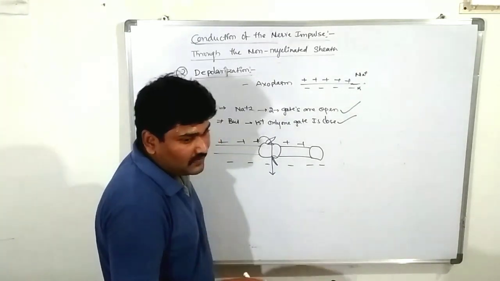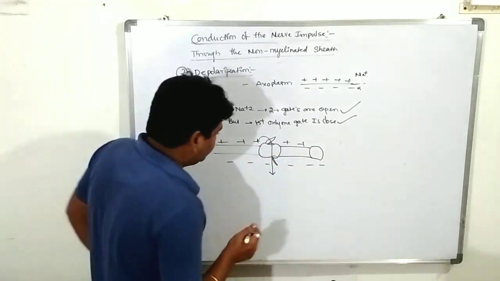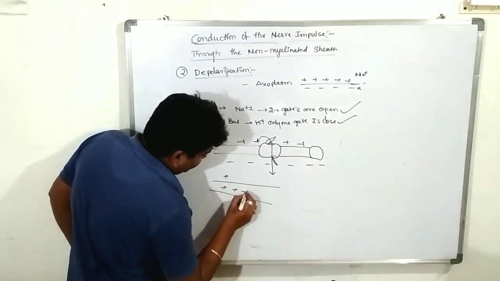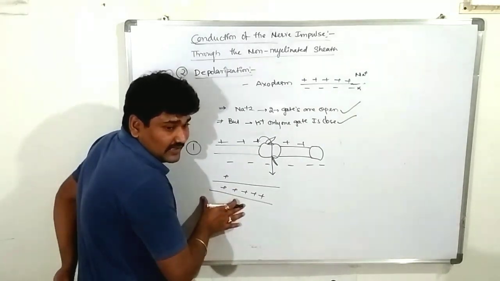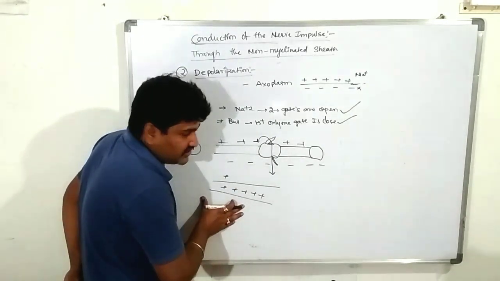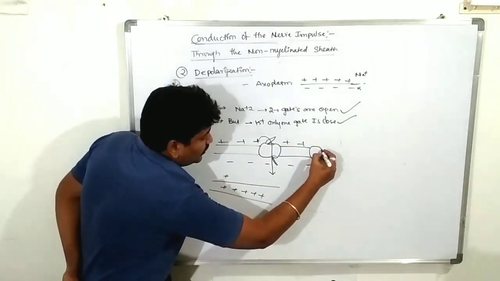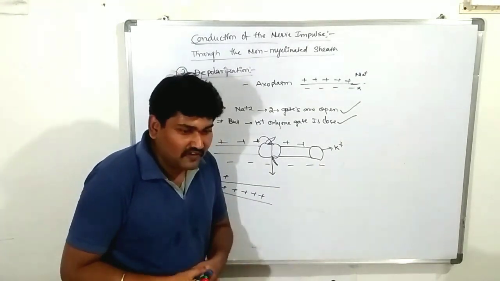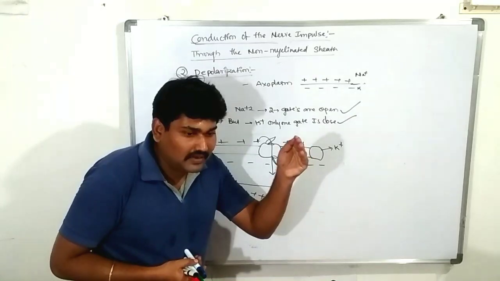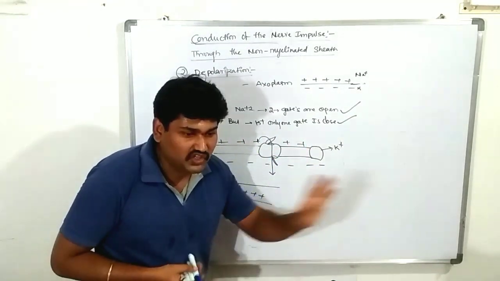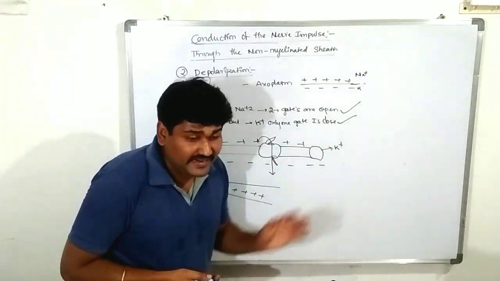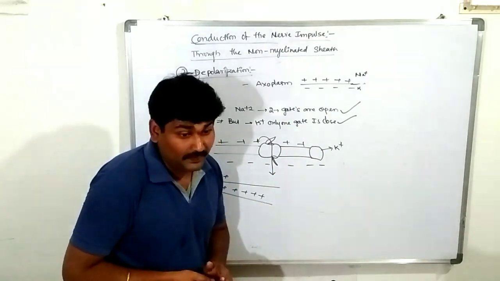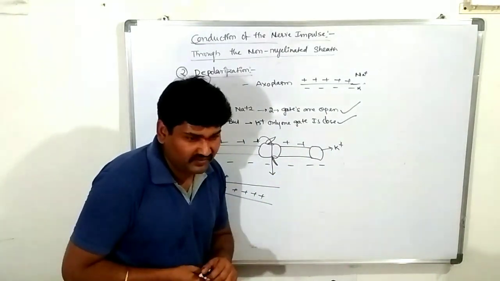The charges become positive. When high positivity is there in the axoplasm region, afterwards the potassium gate becomes open. What I am saying is, in the first stage of depolarization, the sodium channels become open and the potassium channel is closed, so the impulse enters the nerve fiber. Clear? The potassium stays closed.